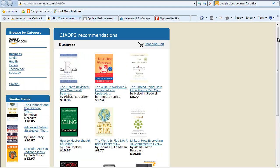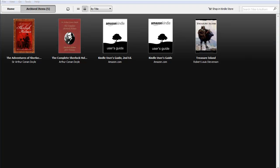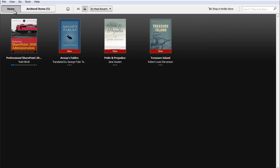Now if you do get a Kindle, what you can do is download and install some free Kindle software on PCs, iPads, iPhones. Now this software allows you to read your Kindle books basically on the device. So if you have a look here, you'll see this is a list of the books that I currently have on my Kindle. If I now go to Home, I can now double click on a